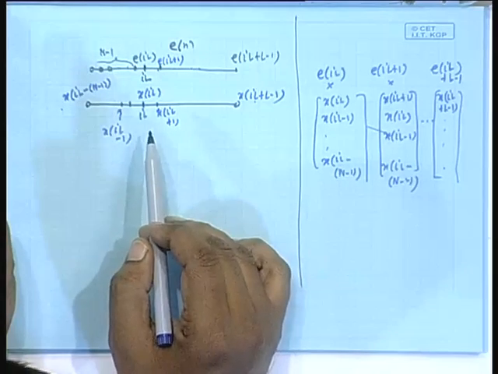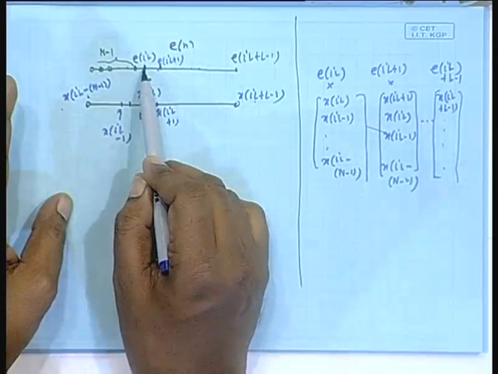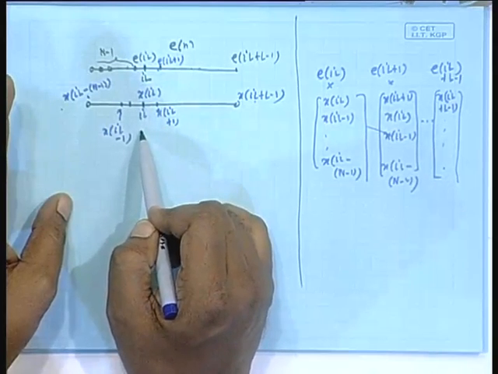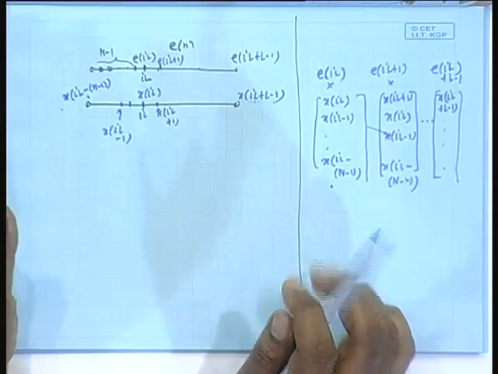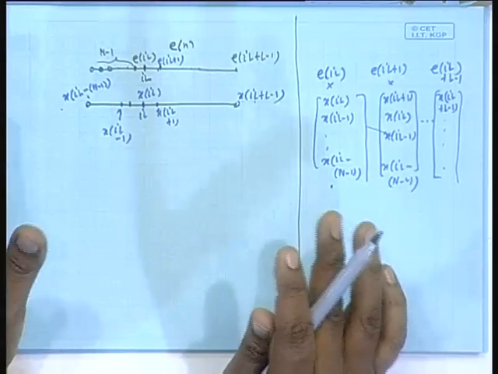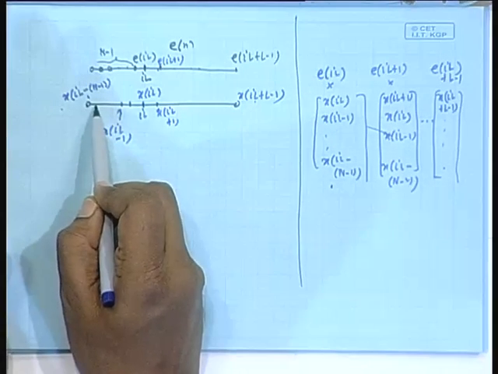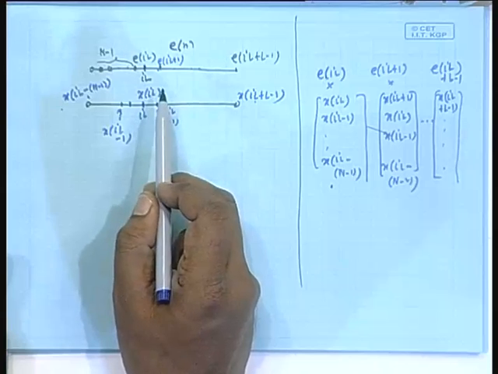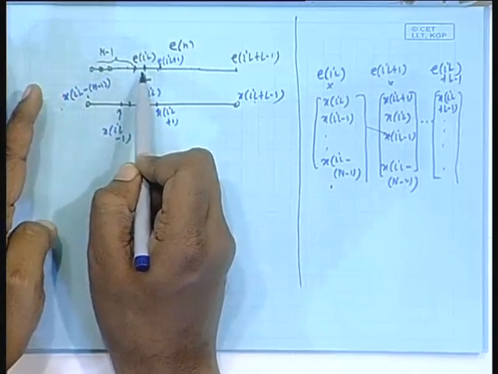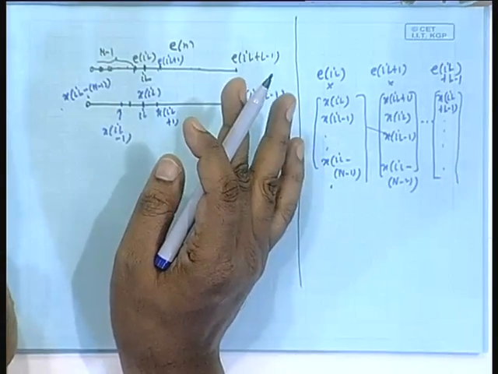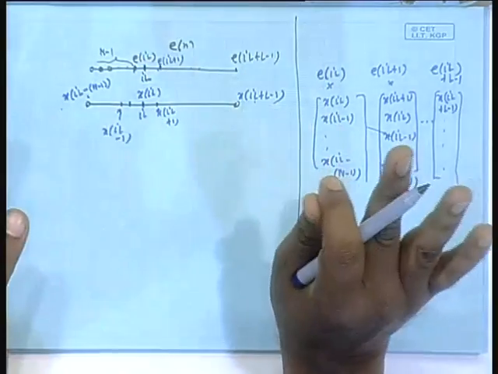After n minus 1 shift, this guy will come below this E_iL. So, E_iL into this. Total n: 0 shift, 1 shift, n minus 1 shift. 0 shift, this guy is at the 0th position, first shift is the first position, n minus 1th shift at the n minus 1th position. This is n minus 2, because length is n minus 1. So, this is the n minus 1th position. Fine. After that, if I go on shifting and do this business, I will ignore those results, I do not need them.